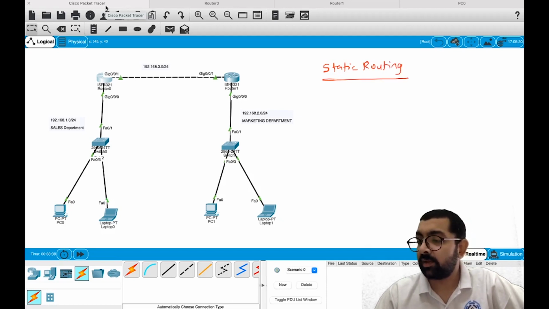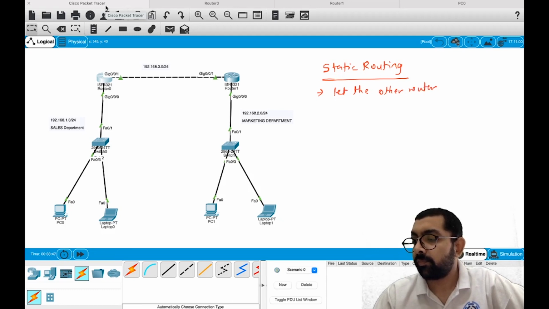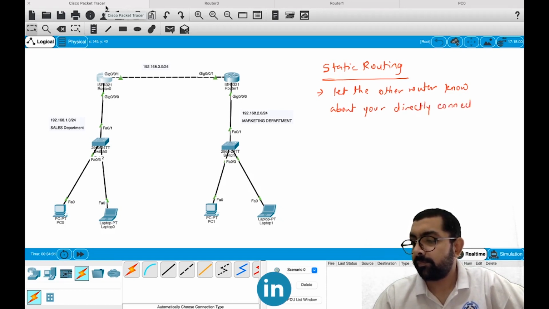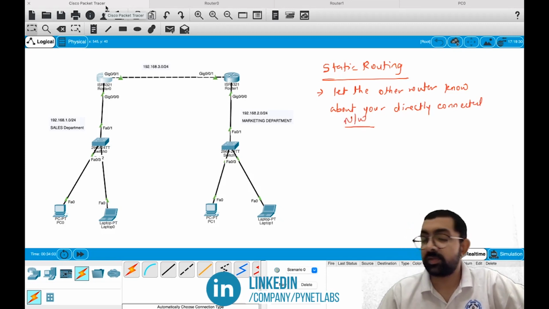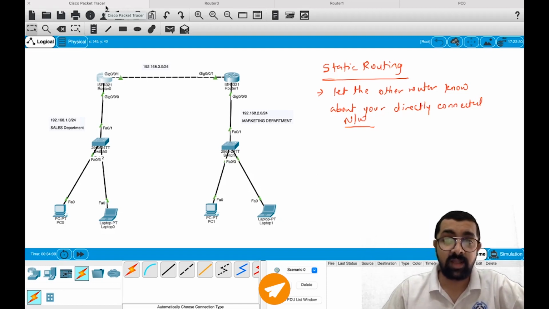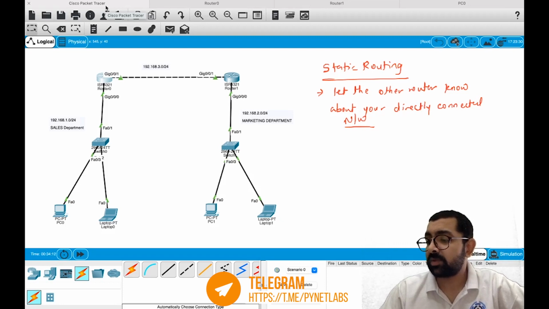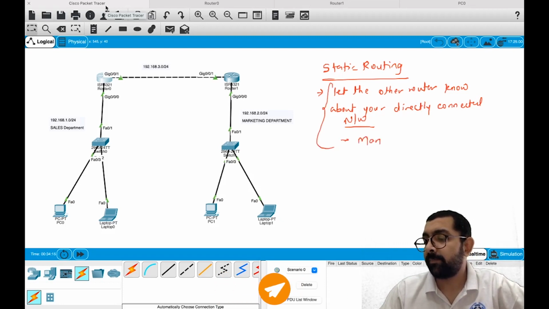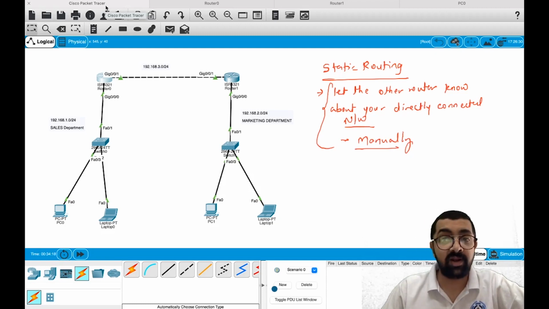by using static routing, you actually let the other router know about your directly connected networks. You understand that? You're going to let the other router know about your directly connected networks. And how do you do it? This particular process is done manually or statically on each and every router, and that's why we call it